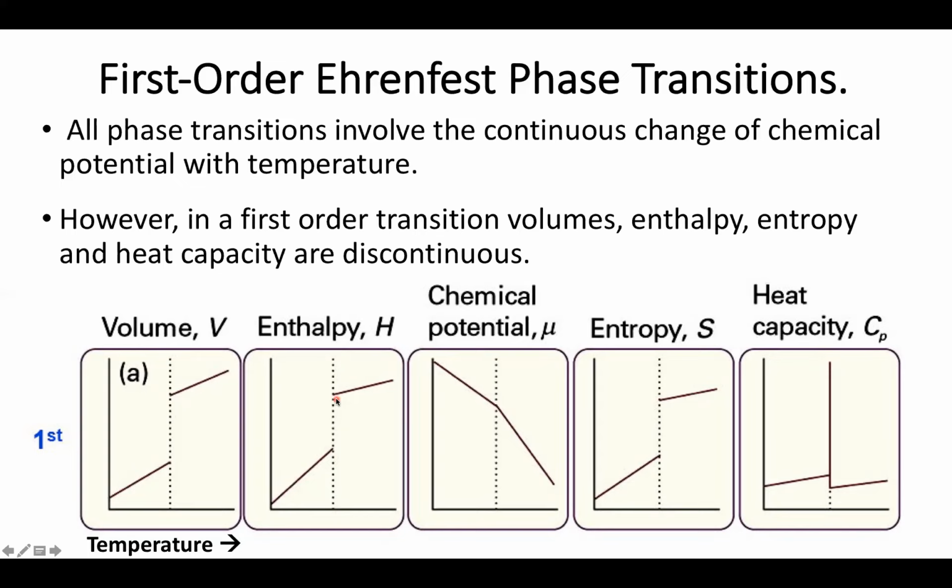But one of the important things to remember is that this discontinuous behavior of enthalpy is often how we identify a phase transition to begin with, because I heat the system and then look for the point at which the temperature stops changing as I add in more heat. What we're actually doing is looking for this point where you have to add in a whole bunch of enthalpy, but I see no temperature change. This is the classic melt temp experiment. And it works because most phase transitions are first order Ehrenfest transitions, where they have these discontinuous properties with enthalpy